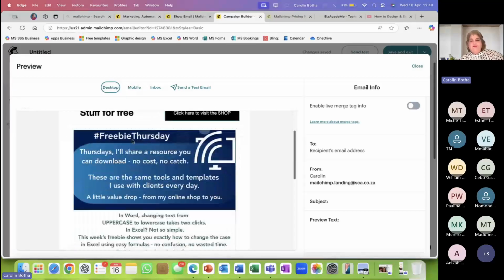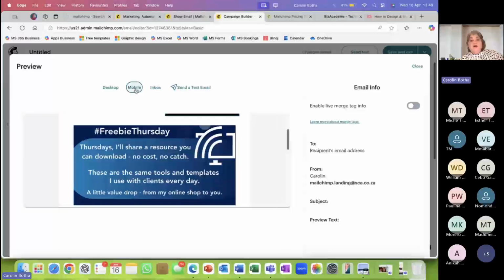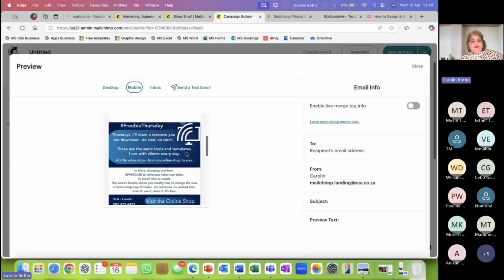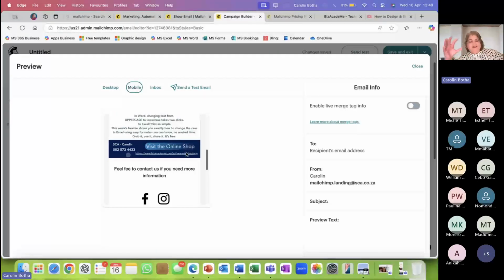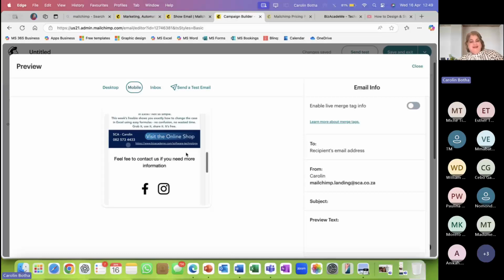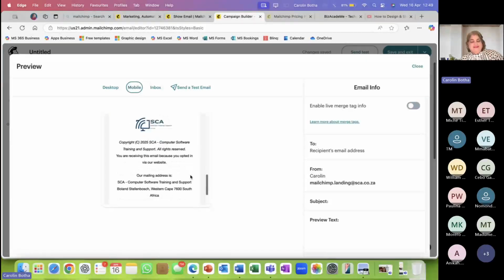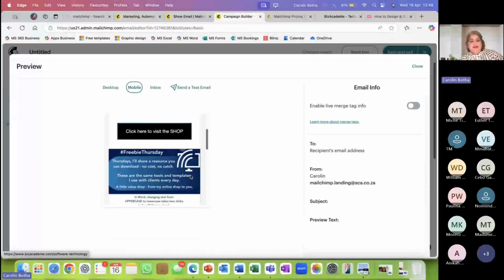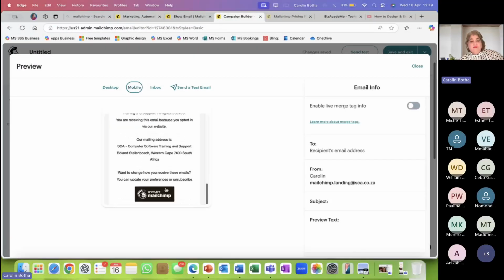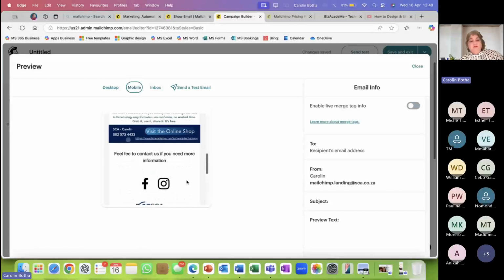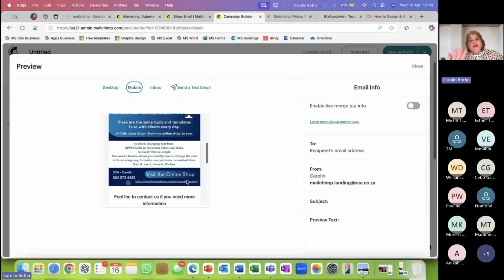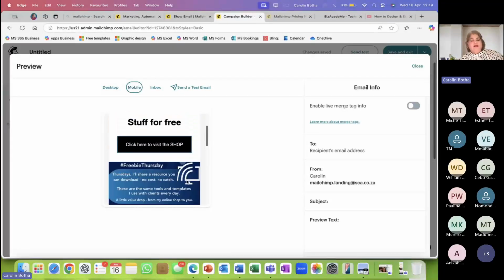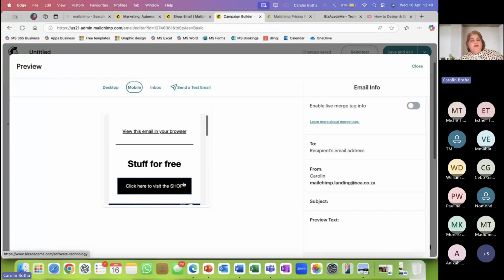Okay, there you go. Let's just look at a mobile version of this. So it actually condensed that design of yours. There are your buttons. There's everything. Where's my, oh, there's my call to action button. And there's my unsubscribe option as well. Very important that you have it there. But don't you worry. It will definitely be in by default when you use this.